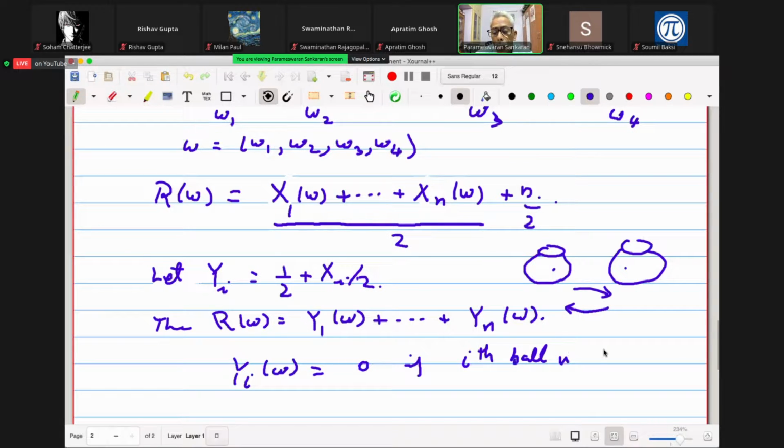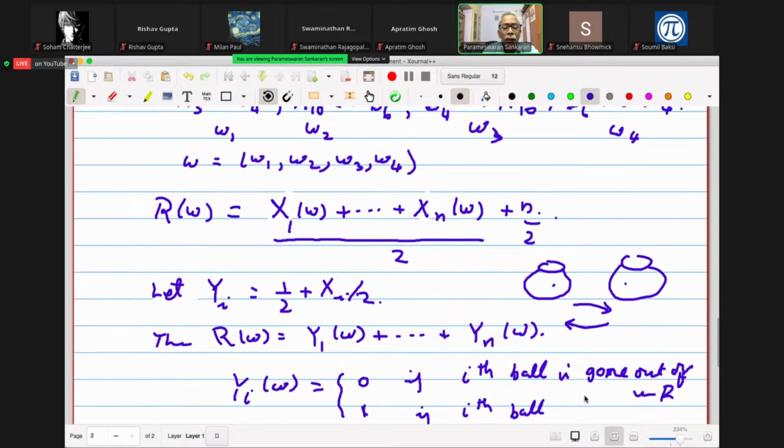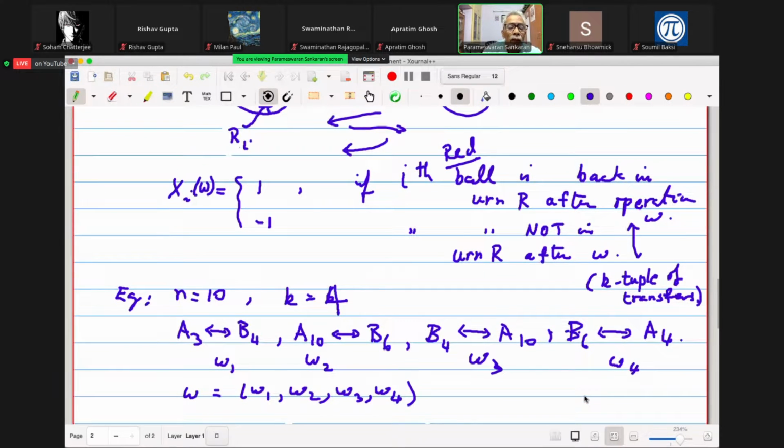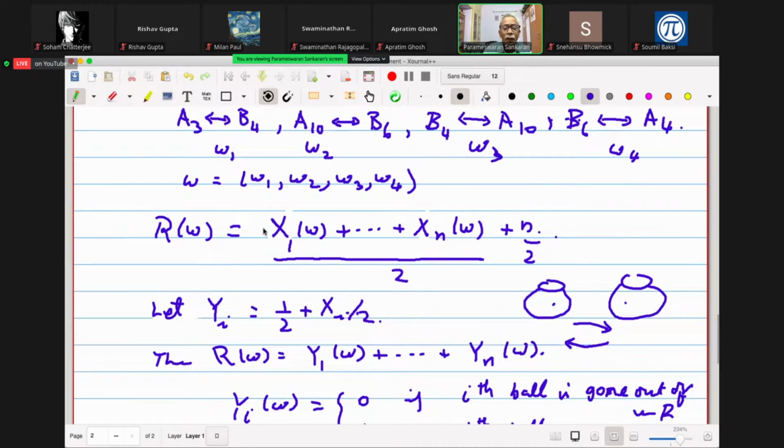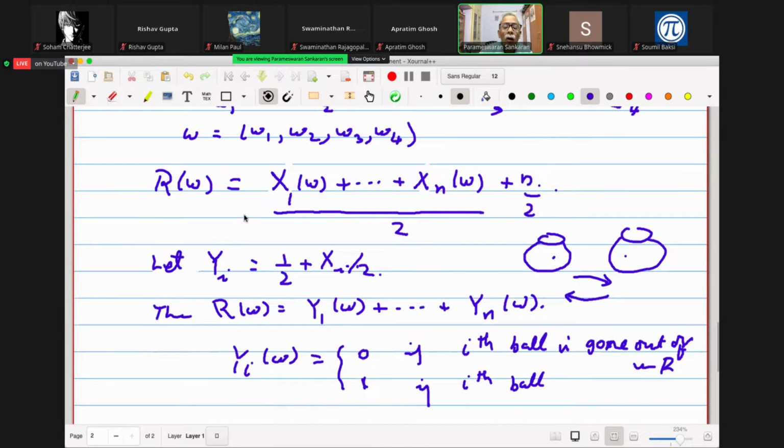So what this says is yi of w equals 0 if the ith ball is gone out of the urn, and it is 1 if the ith ball remains. This is the explanation. Dividing by 2 and then adding 1 half doesn't change this, but it changes this to 0. And that is why this is important. So you can write it like this, or you can write it like this, either way. But it's easier to compute